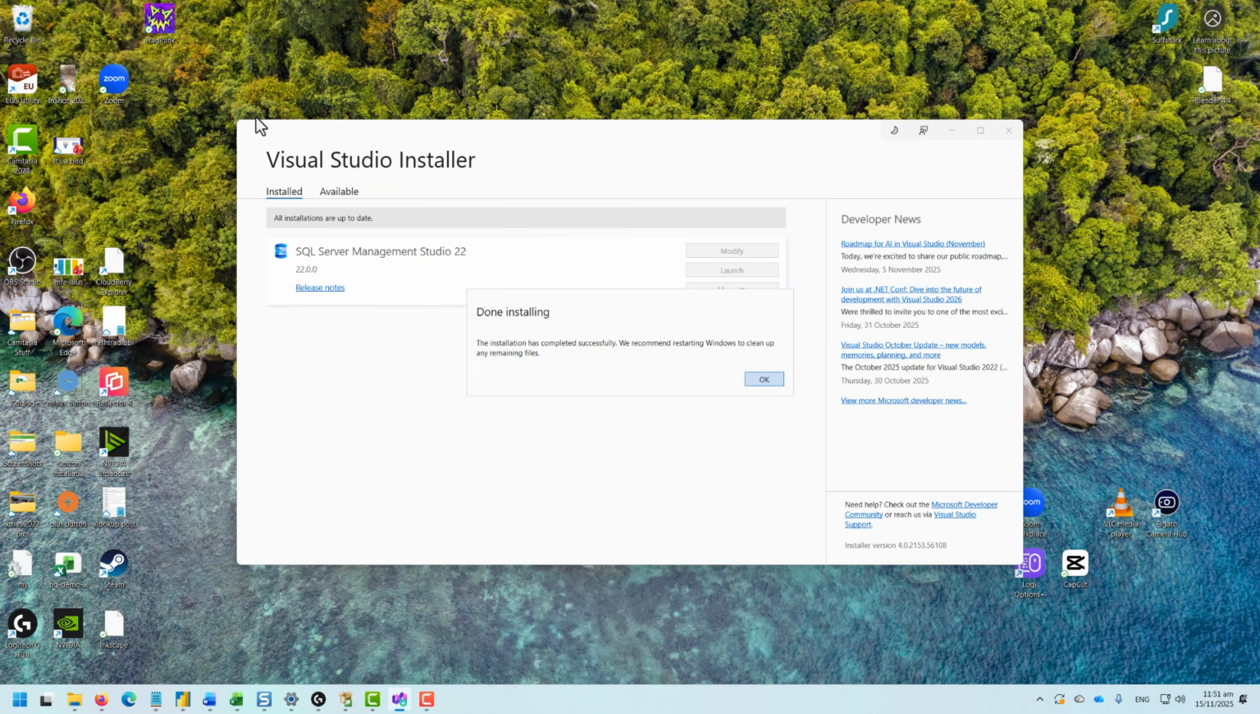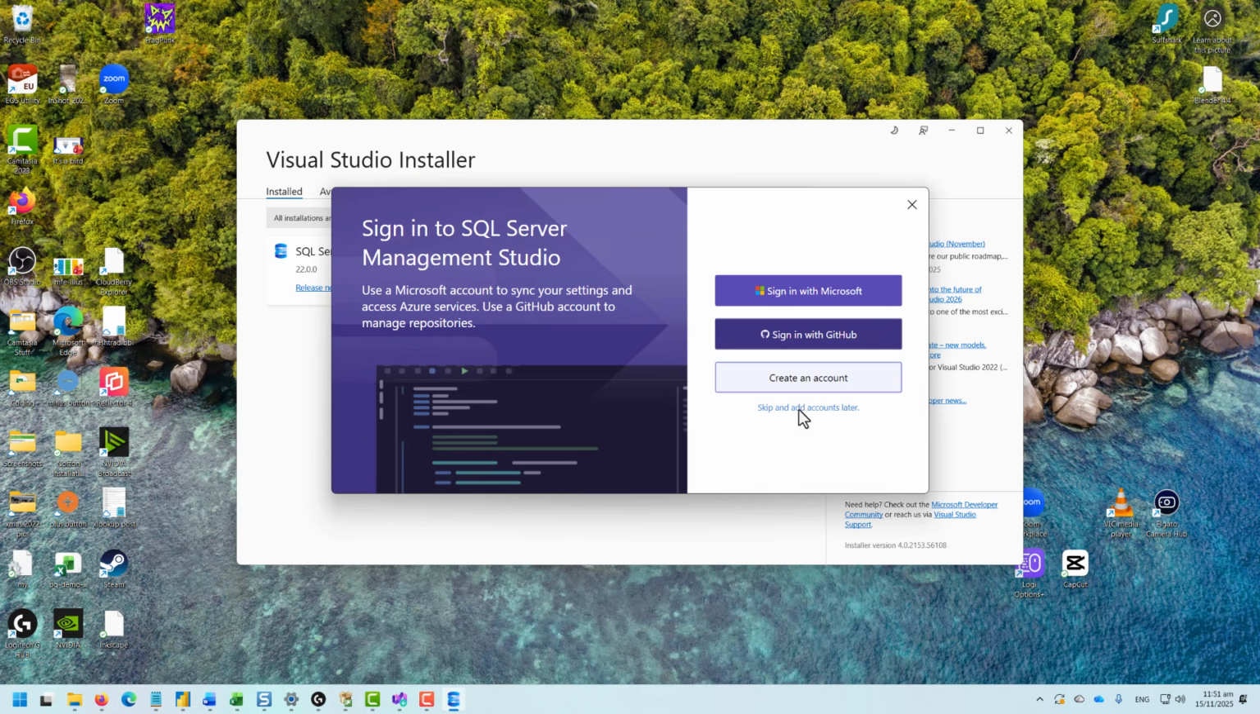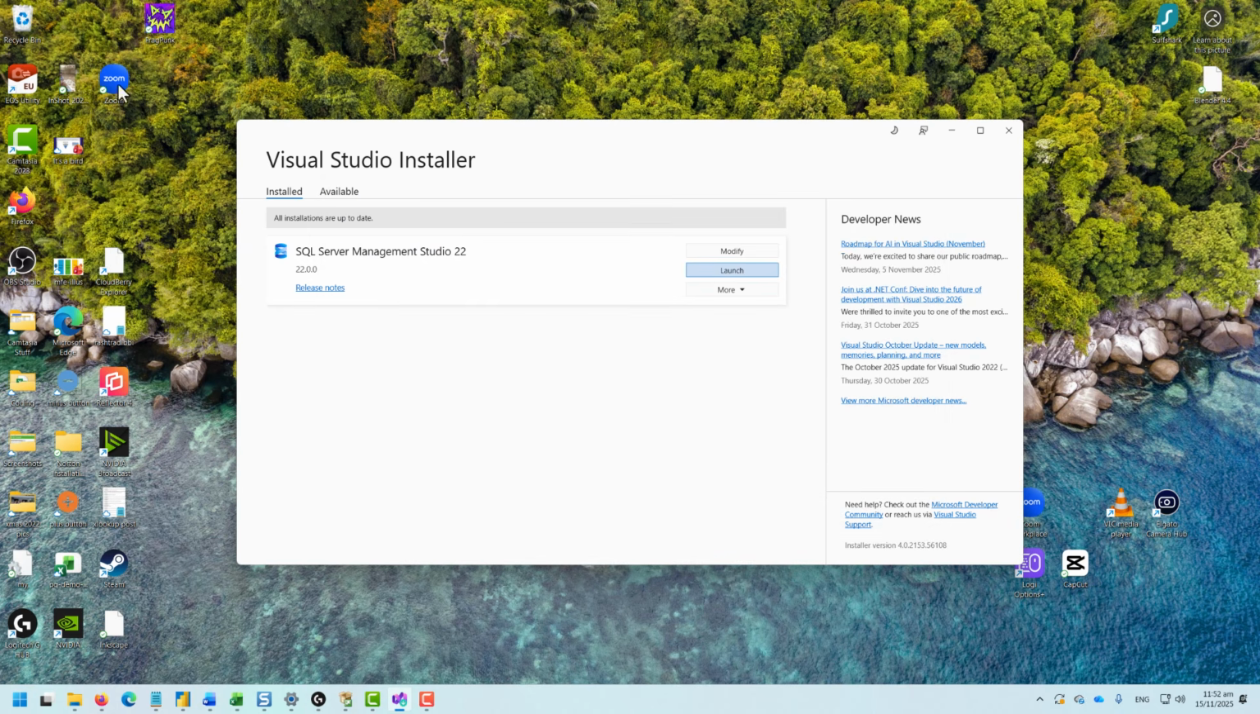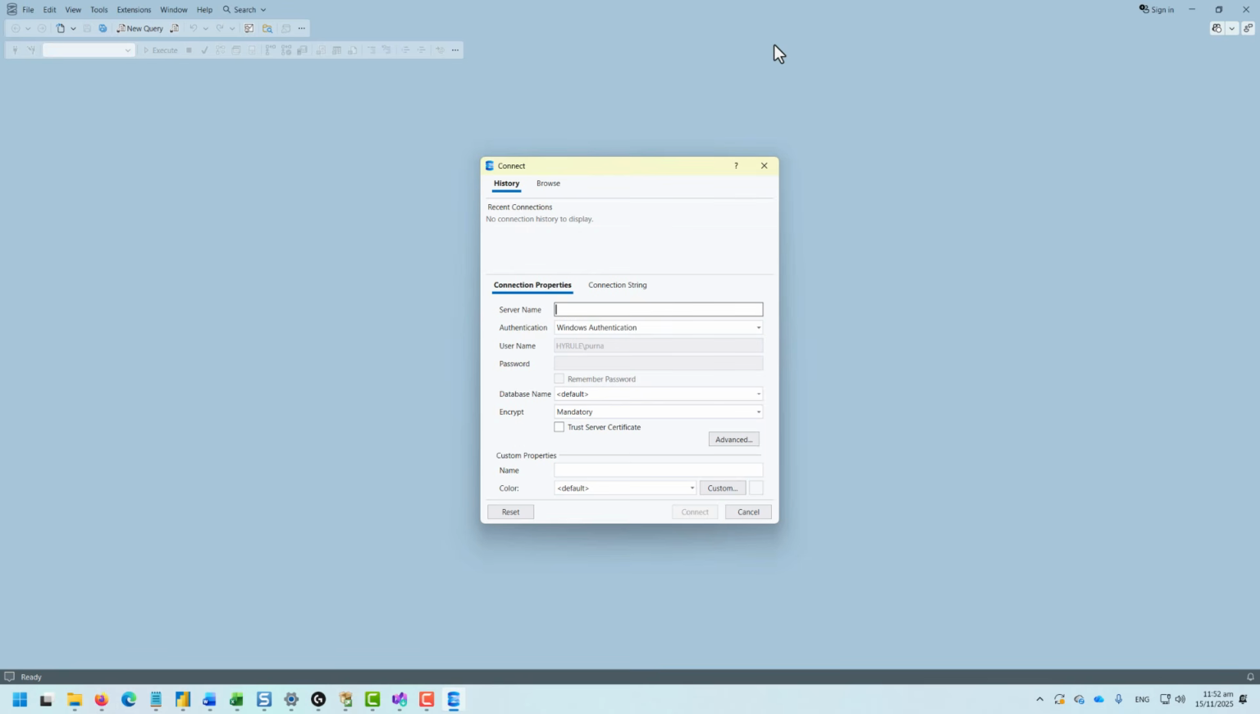Okay, so this is done installing. Let's launch this. I'm going to skip the process for that. And here we are in the SQL Server Management Studio. So once we are inside, you can see the browse option. From here, I'm going to select the local, and here is the local